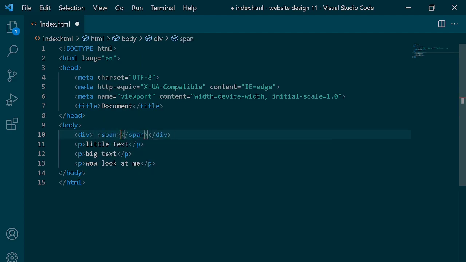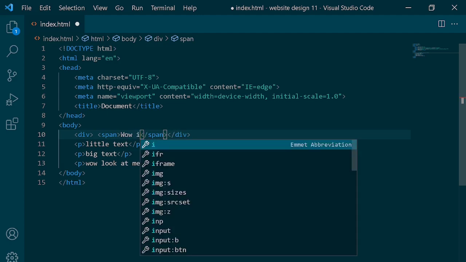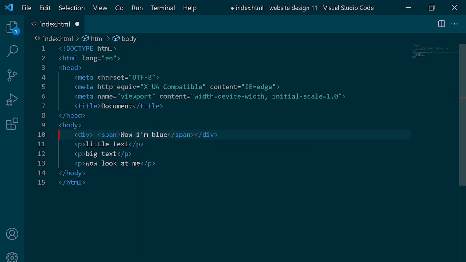And now within this div, I want to include a span. And I know I've not talked about what a span is, but basically a span singles out text within a tag, for example a paragraph tag or heading or a div like this, and it allows you to individually style that text separate from the other text within the page. So within the span, I'm just going to write wow, I'm blue, and then I'm going to end this with